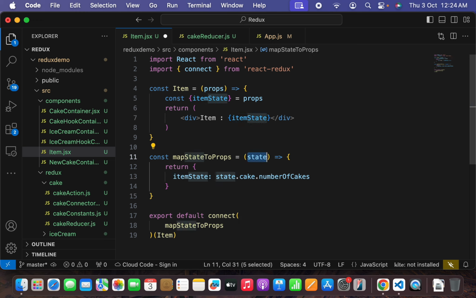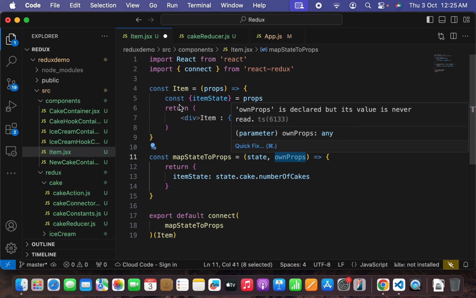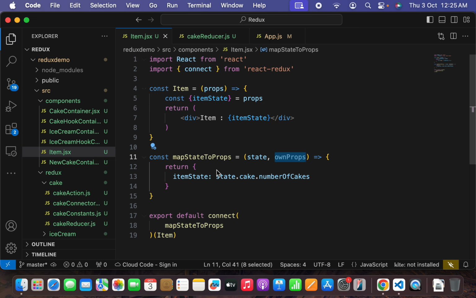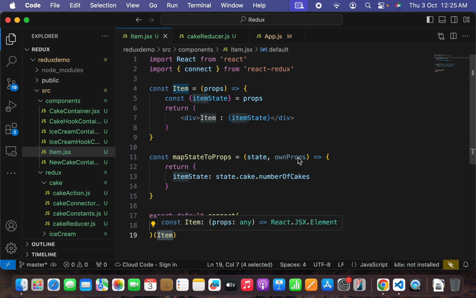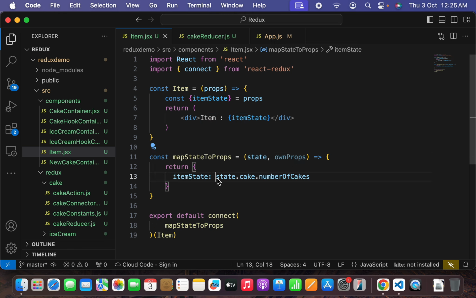How we can do that is, the first parameter for this method, which we had used, is state. You can use another parameter here named ownProps. ownProps will be the props that are passed to this connect component from the parent component. For example, here we are passing cake, so you can receive cake in this ownProps. So let's say